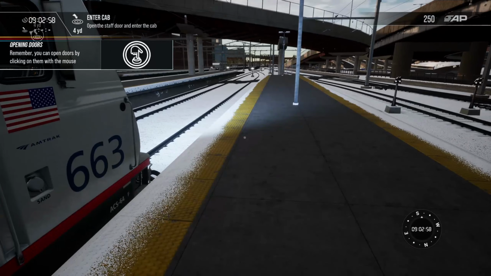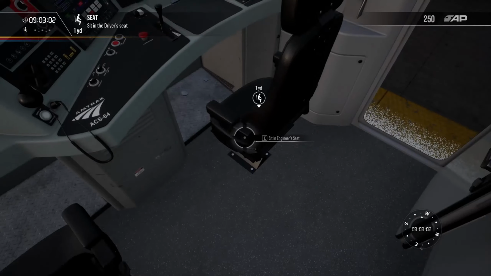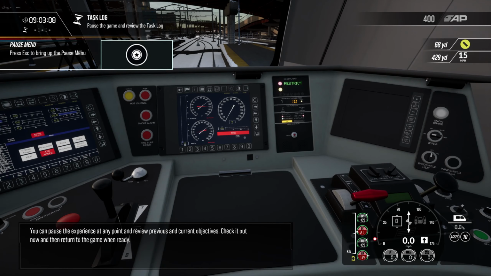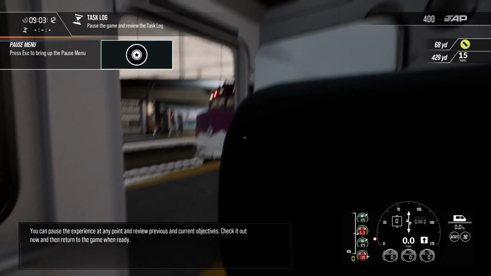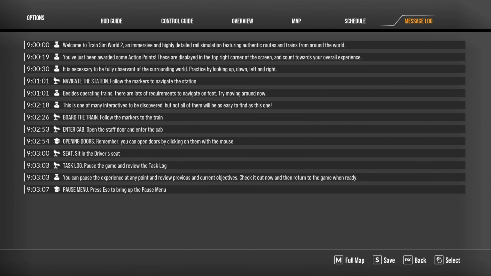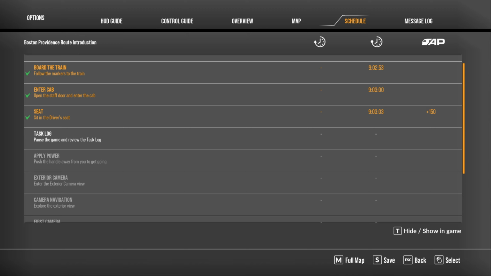Open the staff door and enter the cab. Sit in the engineer's seat. You can pause the experience at any point and review previous and current objectives. Check it out now, then return to the game when ready. Log, overview, schedule, and then